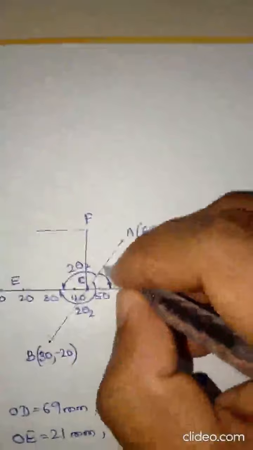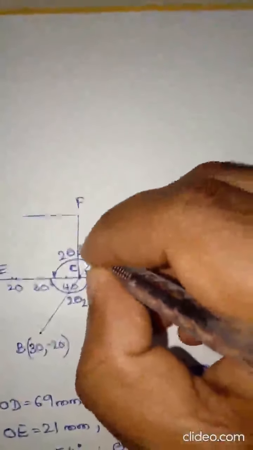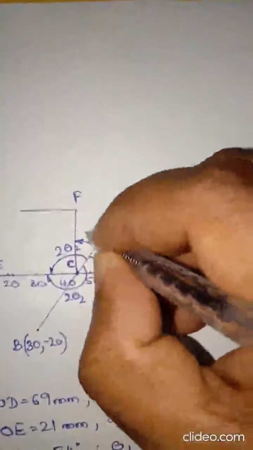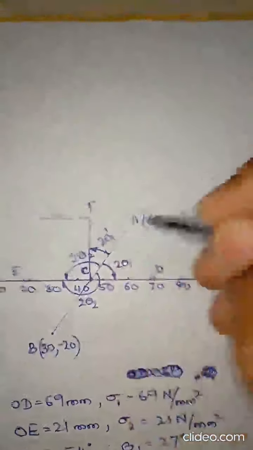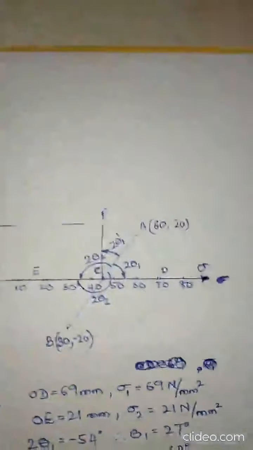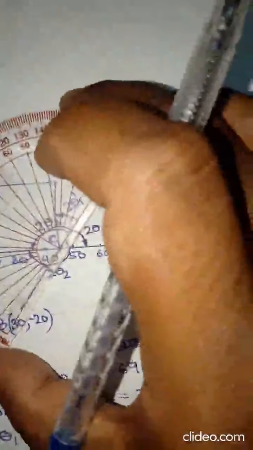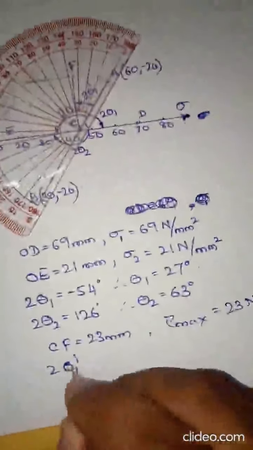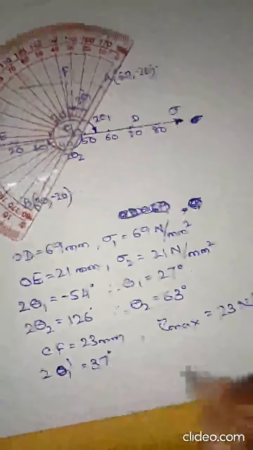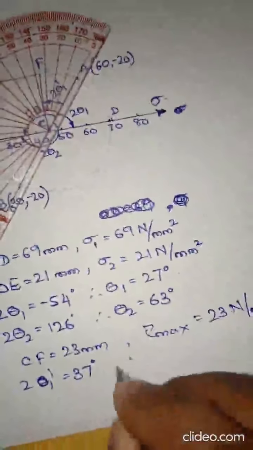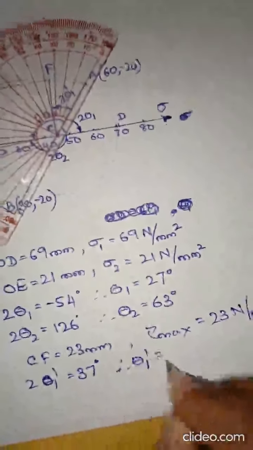Now the location is from this plane. This angle is measured, and this is 2 theta 1 dash. So keep a protractor over here, and this angle is about 37. So 2 theta 1 dash is equal to 37 degrees. Therefore theta 1 dash is equal to